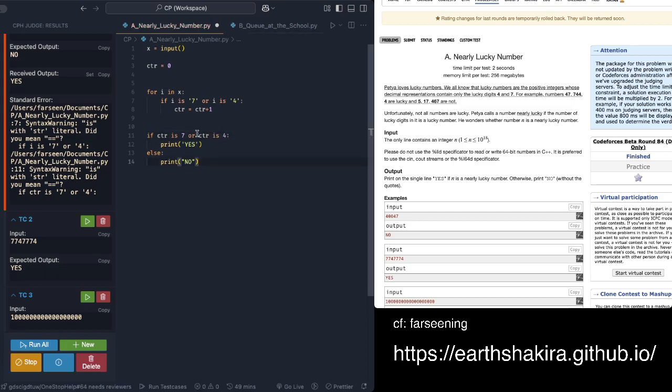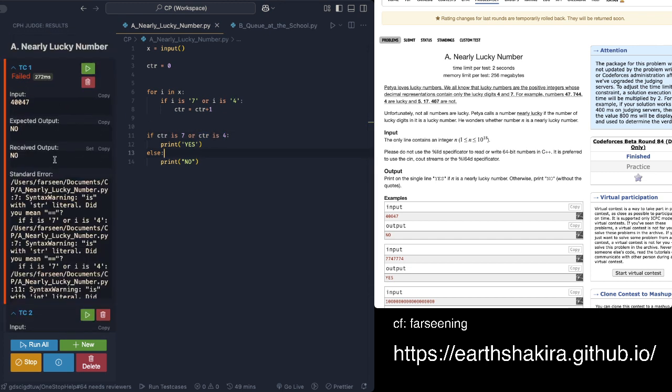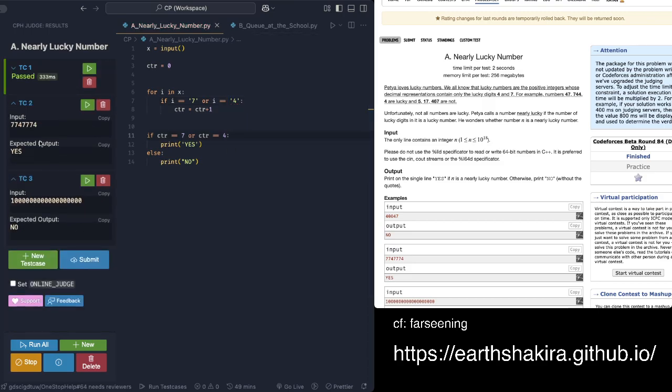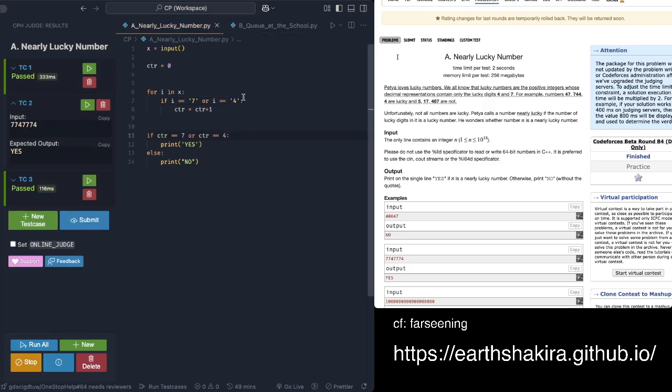For "is", I think it's related to type checking. I'm not sure whether it will work for the values because this is a constant, right? Both of them are primitive data types, and "is" I think only works for abstract data types like lists, because "is" will basically check what type of class it belongs to. All the abstract data types are basically classes, or object oriented programming related. So I think that's what "is" is used for. So for checking the value of primitive data types, we'll have to use